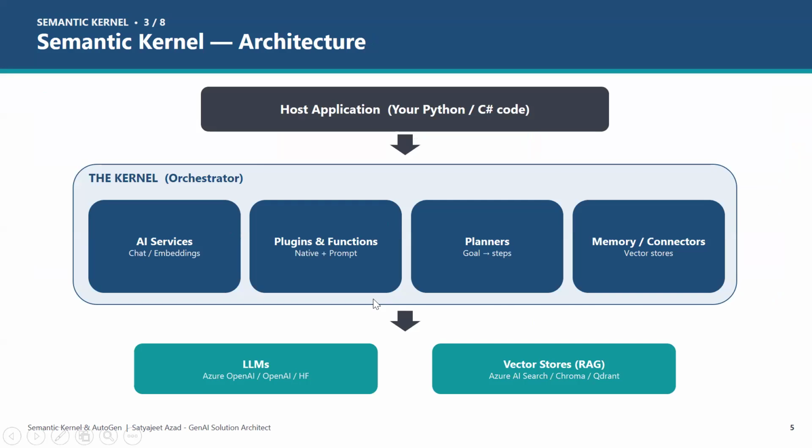If you see this kernel architecture, again, we have some of the services, like AI services. Let's say we have written our application in Python, because it's for AI people, and hosted it. How my application will interact through this kernel: it will have access to AI services, tool calling facilities, a planner, and memory. All these things will make this agentic AI.